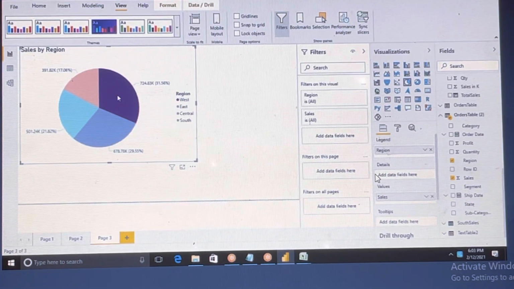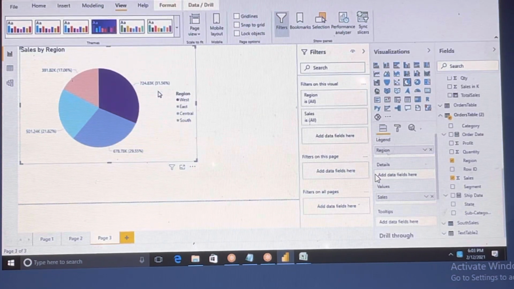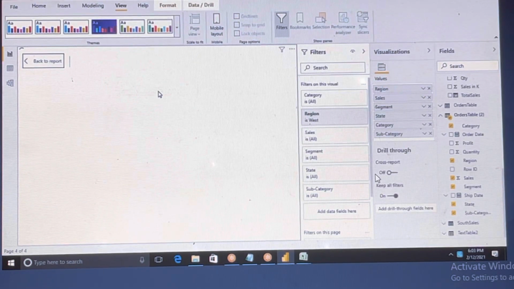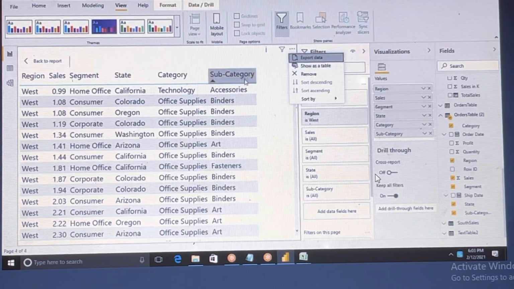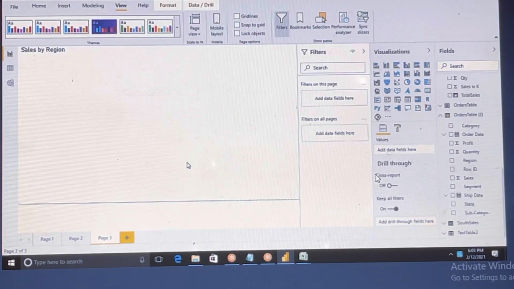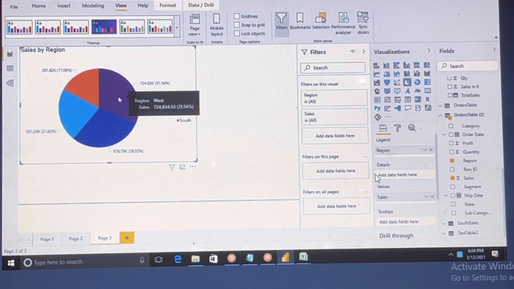But if you want some separate table data, then right click and show data point as a table. Previously it was something else; in the new version they are showing show data point as a table. Once you click on it, you can see only the data for West. Then you can export the data with three button clicks and share it with people if they want.